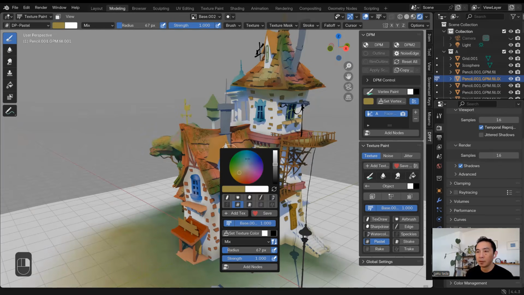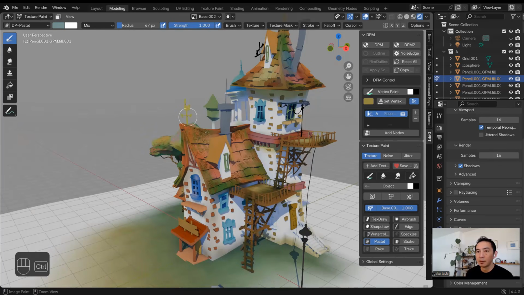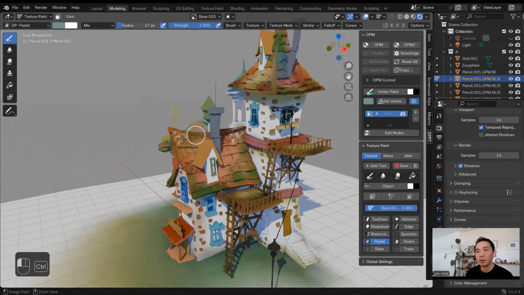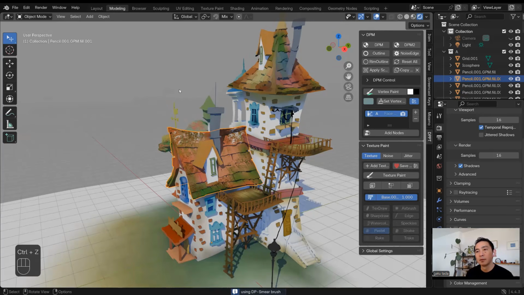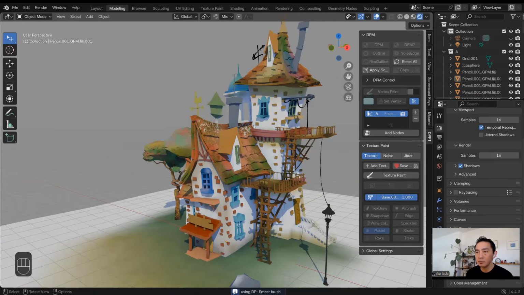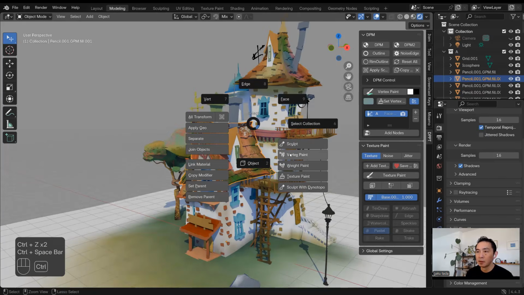Maybe having a bird poo type of white. Smudge it. Maybe it's too white.